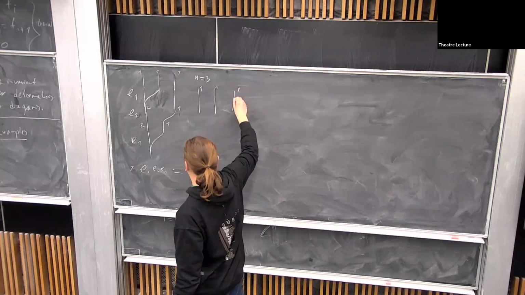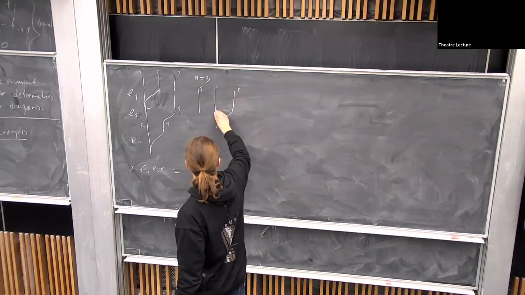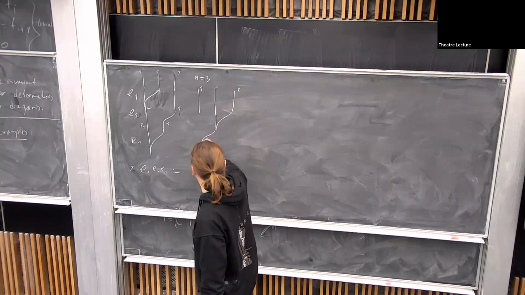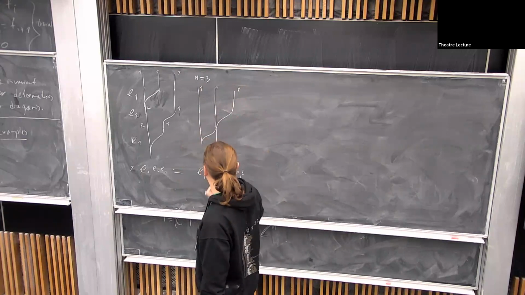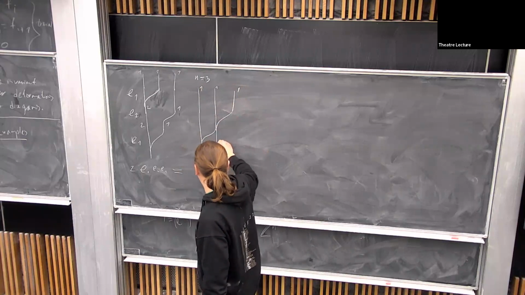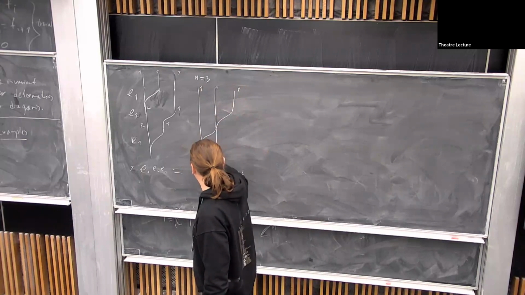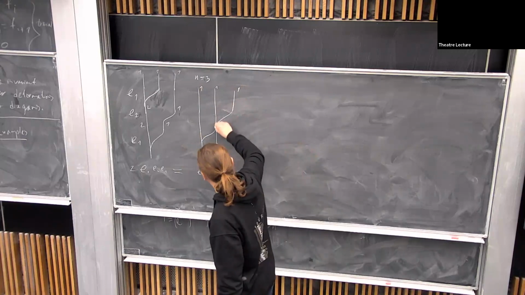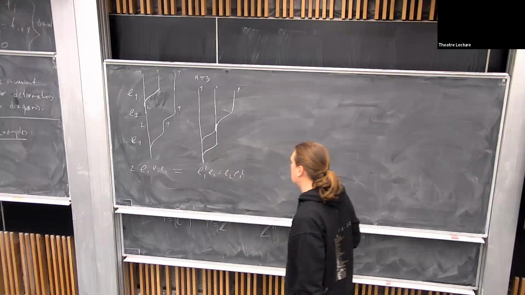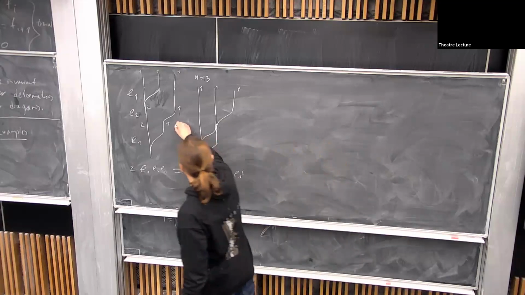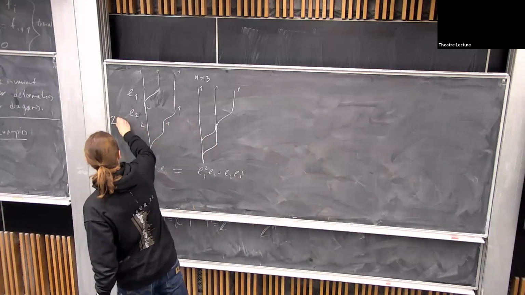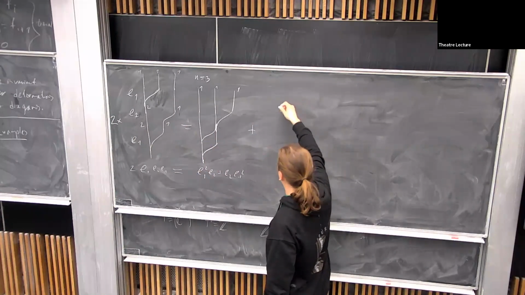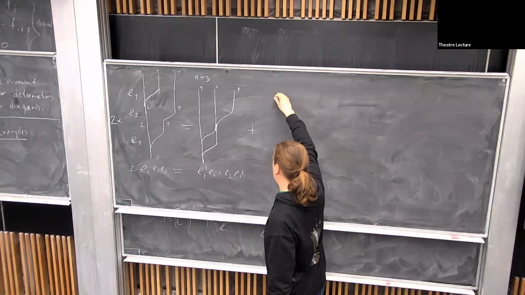E1 square. So first I merge this and this. Then I have to split off 1. And this is E1. And then I finally merge the result here. So here in between, or sometimes nothing happens. So 2 times this diagram is this one plus